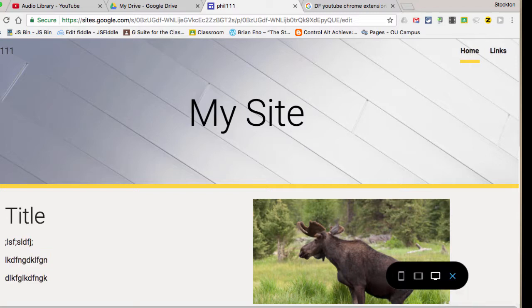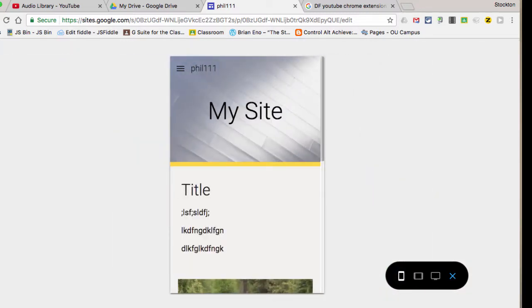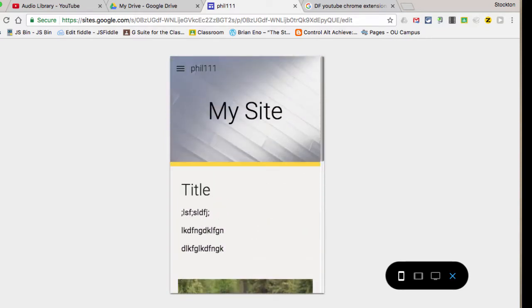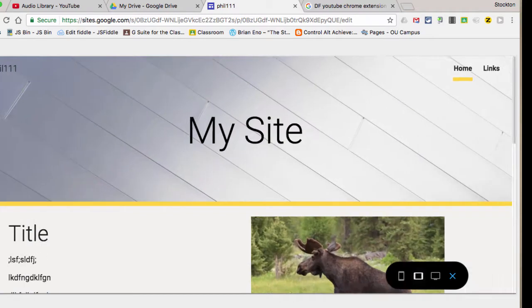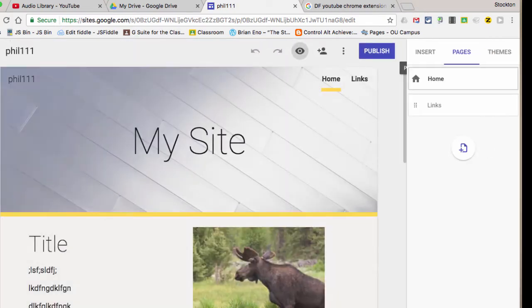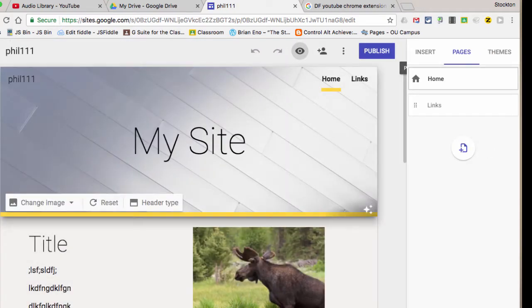But before we do that, let's take a look at this. Remember these columns we made? Those can be subdivided into ways that this would be viewed on different devices. For instance, this is a preview of what it looks like to view it on a phone. This would be an iPad, and this would be a desktop computer. I'm going to close out my preview,